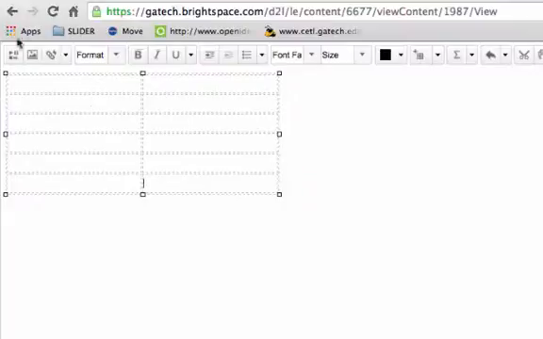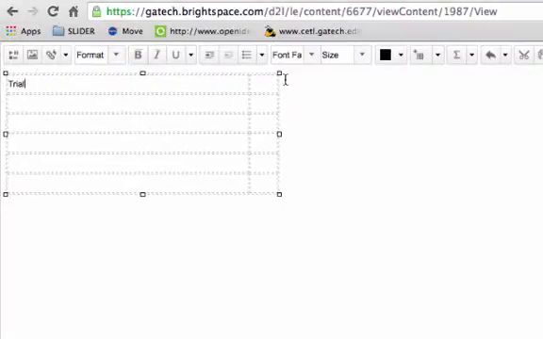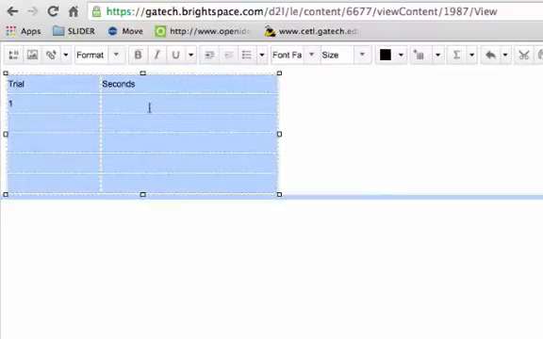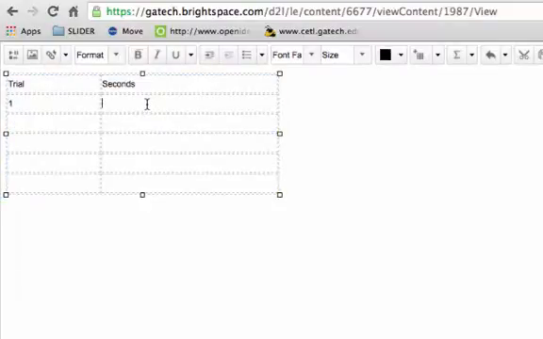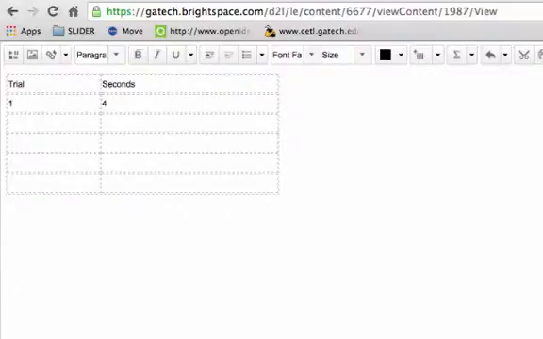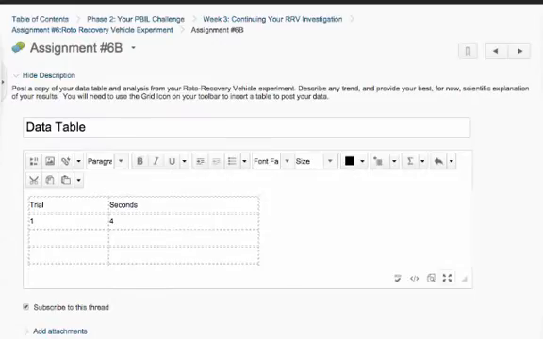Once you've expanded out your table, simply enter your table titles, maybe it's trial and number of seconds, and then you can enter your data from your experiment sheet. Once you've completed your data table, just write below it 1 or 2 sentences explaining the trend you see in the table and possibly a simple explanation. You can always use the arrow key in the corner to toggle back to the main forum screen and